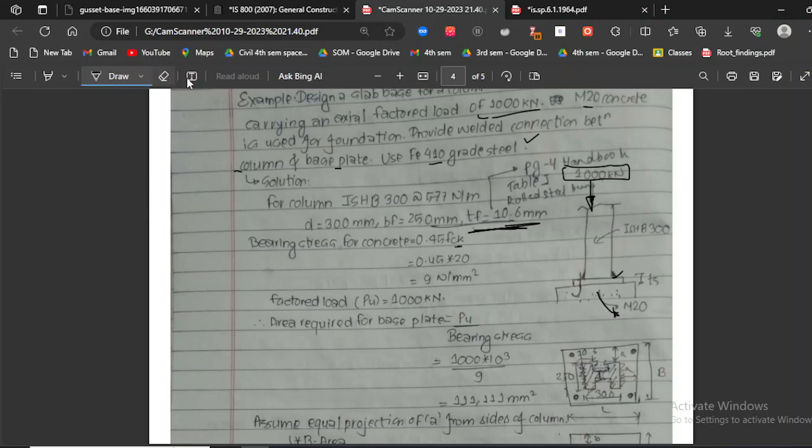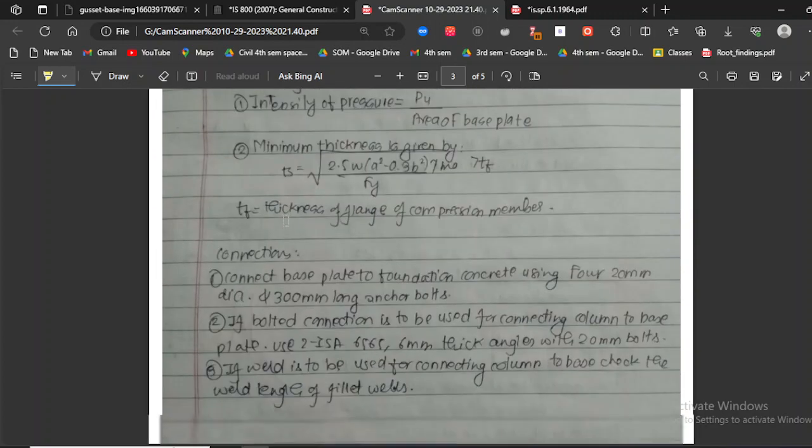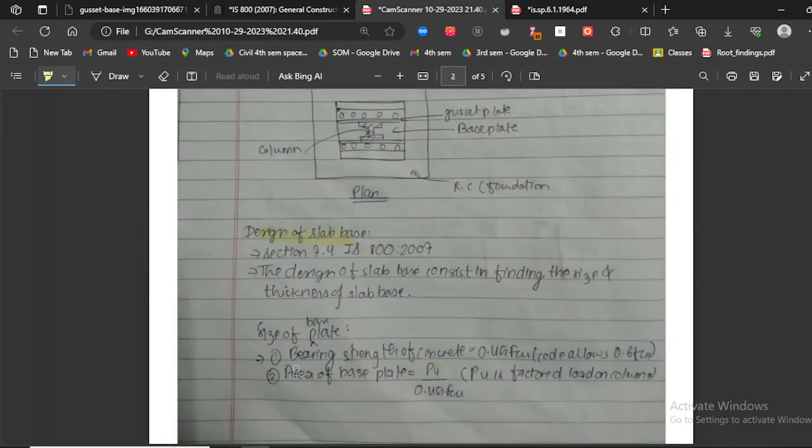So in my video I'll be explaining each and every point with reference to our code book. So firstly we have our bearing strength for concrete. So my procedure one. As explained before, my step one is going to be finding out the bearing strength of concrete, which is equal to 0.45 FCK, but at the code